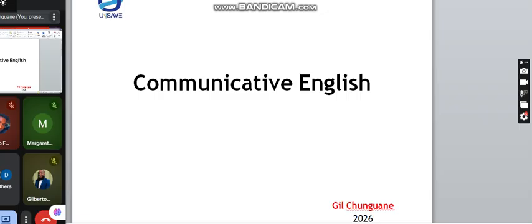So now the curriculum is different, and the designation also is a bit different. So that's why we have this English for communicative purposes, or simply communicative English. But the objective of the subject is always the same: to enable you as students of English to develop your communicative skills, and improve your language knowledge to fit the context of the course